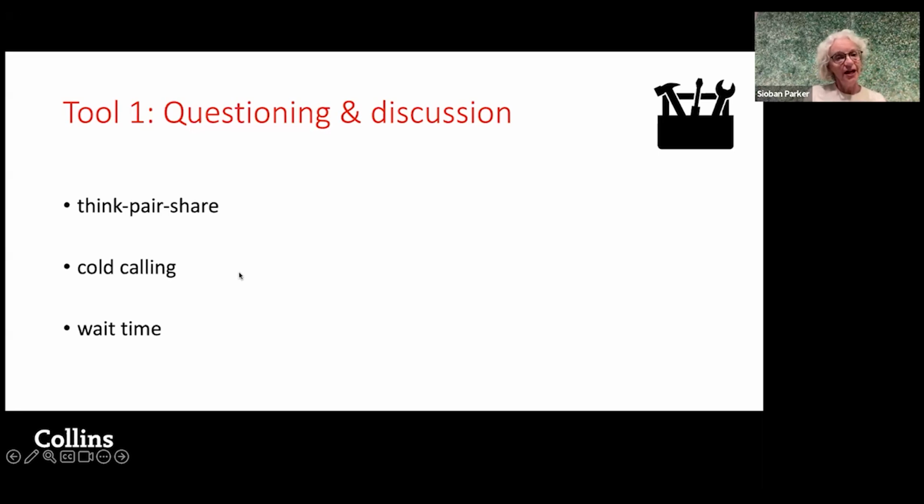Think, Pair, Share, or TPS, can be used at any stage along the journey, whether you want to tap into prior knowledge, promote group talk, or independent practice. So I would often say, think about something, pair, and then they're talking together and then sharing to the whole group. And you can manage that in so many different